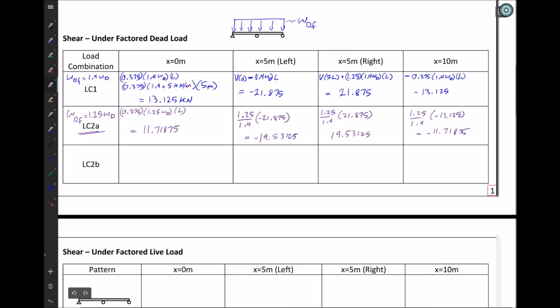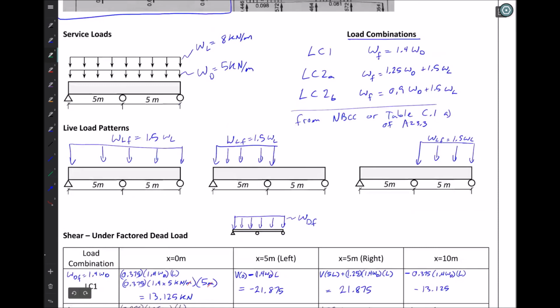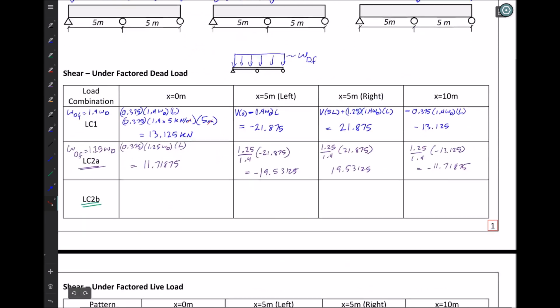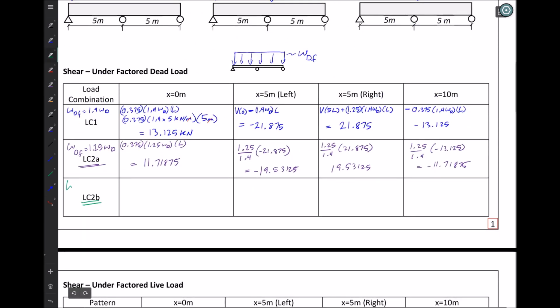So now I am left with my next load combination, and I have load combination 2B. Let's just go back and take a look at what we have here. Here's load combination 2B, and we have 0.9 W dead in this case. So let's go and scale everything by a factor of 0.9 over 1.4. W dead factored is equal to 0.9 WD. So if we take 0.9 over 1.4 multiplied by 13.125, we will end up with a factored dead shear of 8.4375. And continuing that, we'll have minus